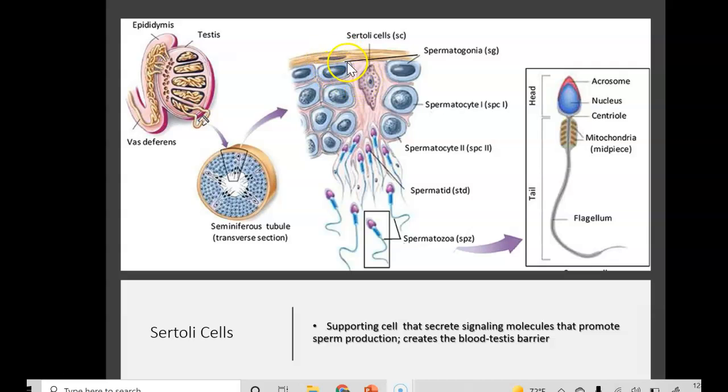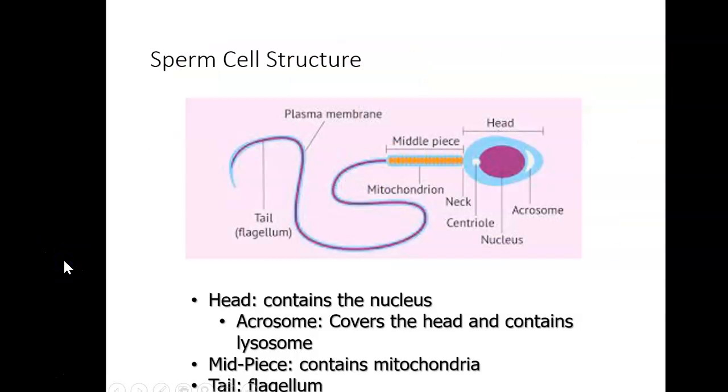So the Sertoli cells really play an important role in protecting these germ cells so that they can eventually form into the sperm that we want them to form. So germ cells and Sertoli cells are the cells that are involved in sperm production. So then the last thing is, once we have a sperm that's produced, here are the different parts of